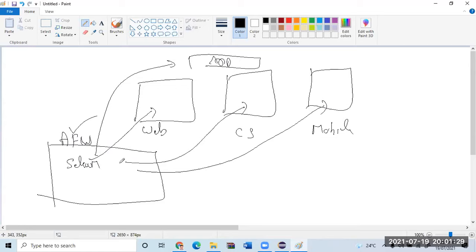For client server, they may use Venium. For mobile, they may use Appium. And for API, I'm really sorry, my handwriting is not good, they may use Rest Assured. Like they do it here. All these features are combined and they created one framework. Let me call it a hybrid framework.